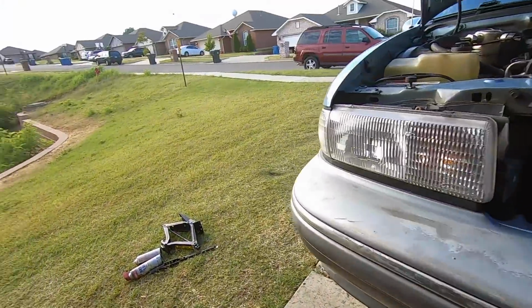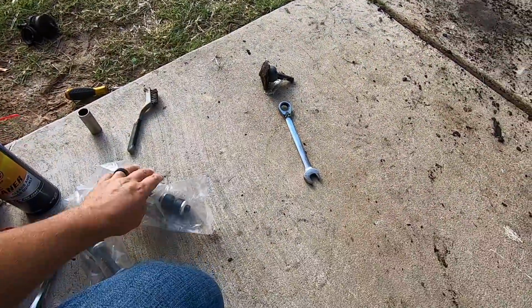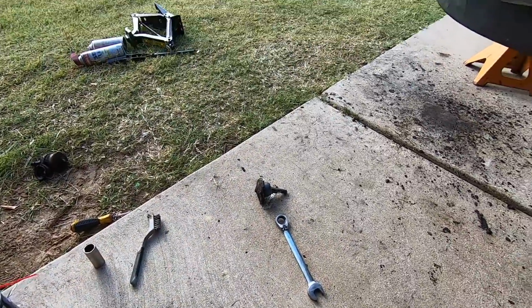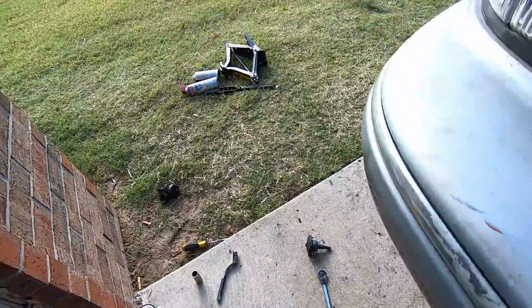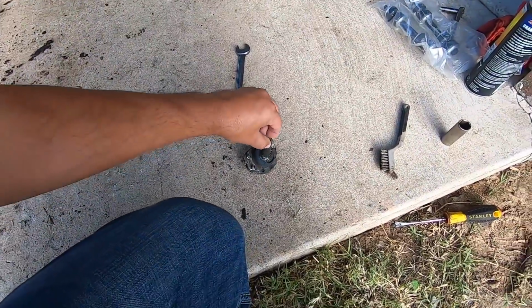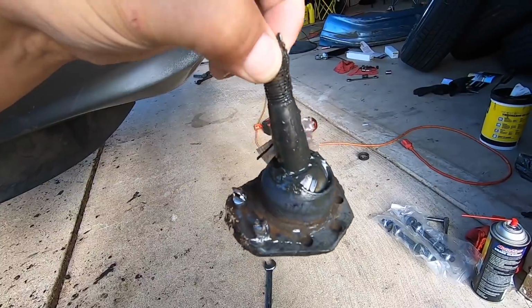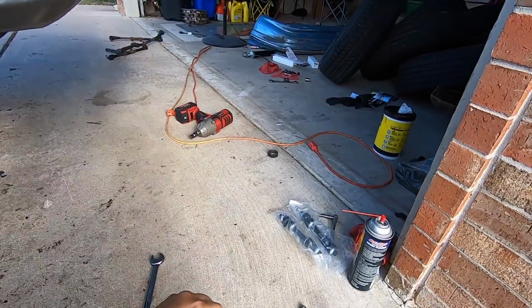A couple things I still have to do are the sway bar end links. I got the heavy duty ones to stiffen it up a little bit. And then I've got the sway bar bushings as well that I'm going to install. Now the suspension was really loose, but the ball joints were actually fine. He said there was absolutely nothing wrong with the ball joints at all. He said they were still like new, but I opted to go ahead and replace them anyway since